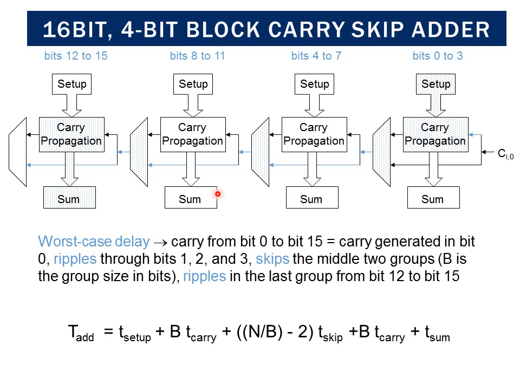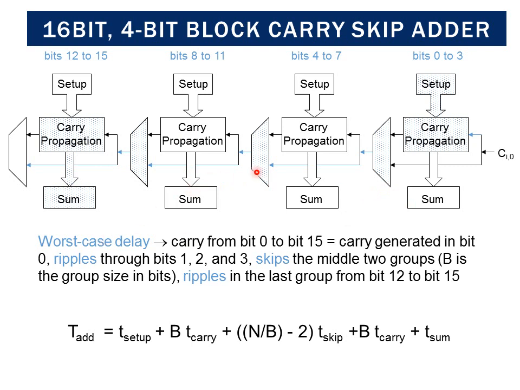Therefore this T sum is considered, and that is the total delay we are calculating, the worst case delay. Now you may have a doubt: the worst case delay probably comes to your mind as the carry going through all blocks as a propagation, but that is not the case. Whenever you are skipping, you are considering that bits 4 to 11 give P4 to P11 as 111, and that is how you are skipping. But supposing the P8 bit is 0, then the carry would be generated or deleted at that point, and the total path would be only the path from bit 8 onwards.